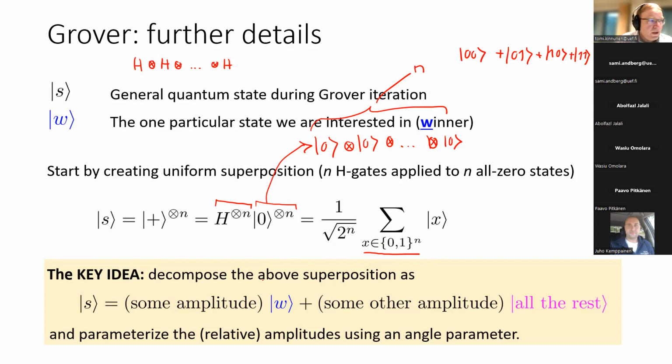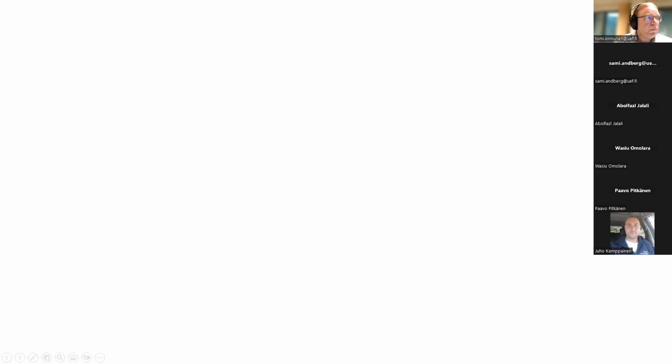So now the idea is that, for the general state that we have created this way, even though we don't know what the W is, we can still artificially decompose this sum into the term that contains only the thing we are looking for, the W, and all the remaining things here. So let's see how this is done. This is going to be very sketchy, but I just want to give you the general idea of how this is done.